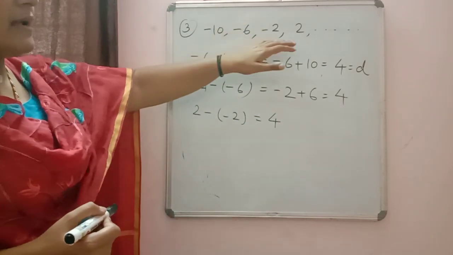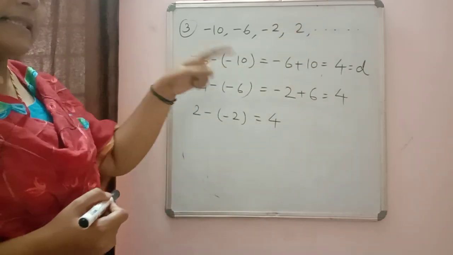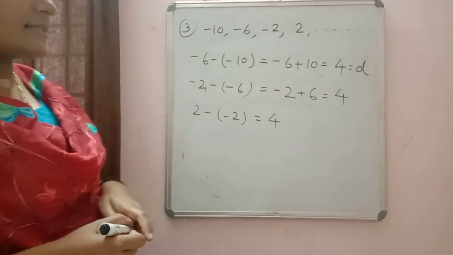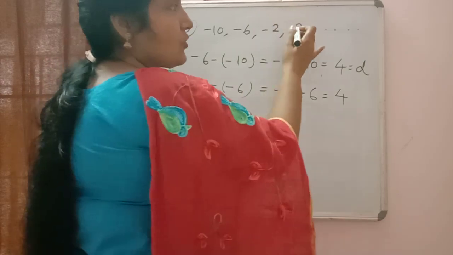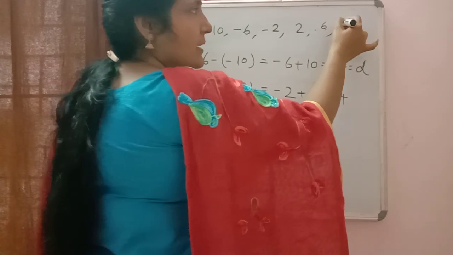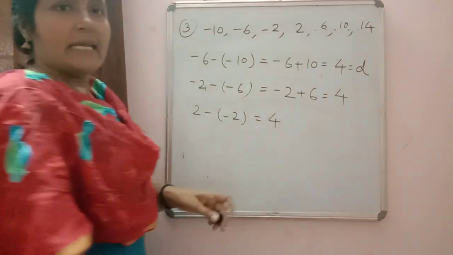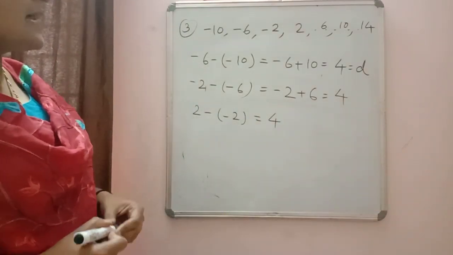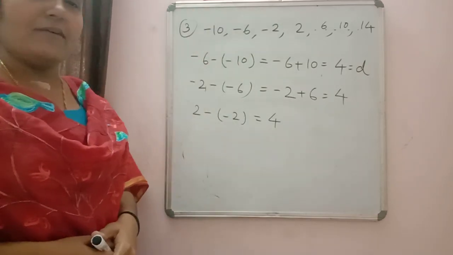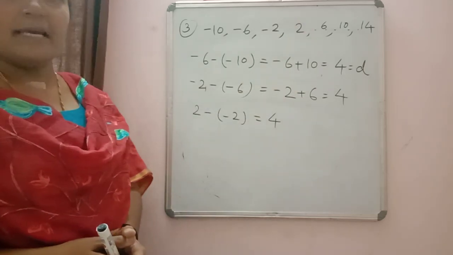So now we will find out what will be the next three terms. So to get the next three terms, what we want? Yes, we have to add the common difference there. So the last one is 2. 2 plus 4 will be equal to 6. Then 6 plus 4 will be equal to 10. 10 plus 4 will be equal to 14. These types of numbers you discussed in earlier classes. Just the thing is you didn't know that they form an AP. So here we say that these types of numbers are said to form an AP.